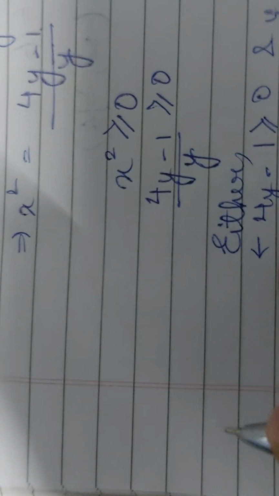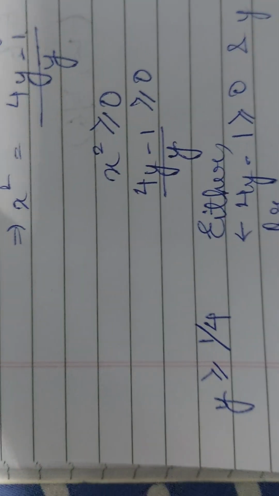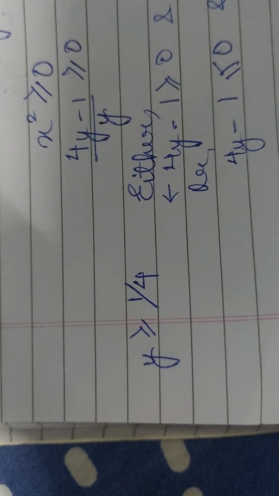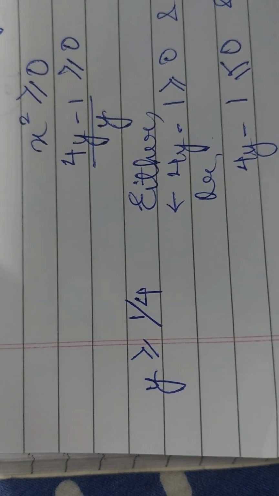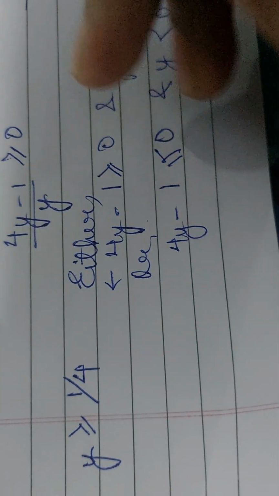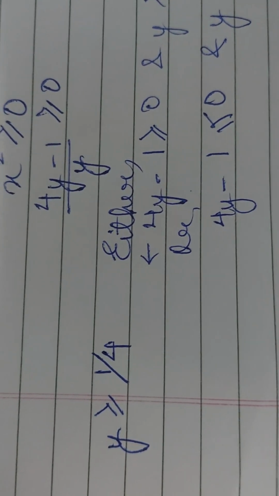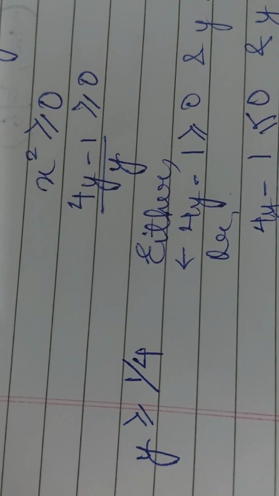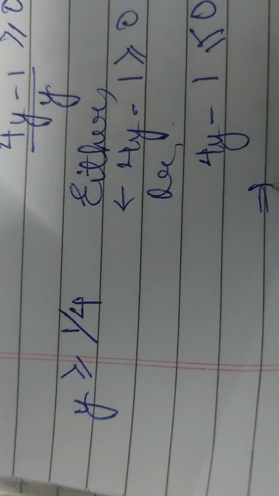We get that y is greater than or equal to 1 by 4, and 1 by 4 is already greater than 0, so we don't need to bother much about this inequality. We just have to know that y is greater than or equal to 1 by 4. And in this case, if we solve here,